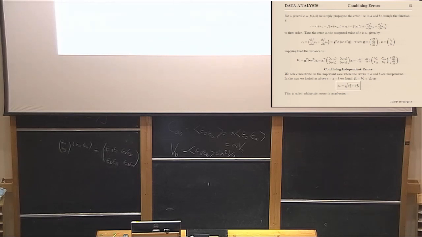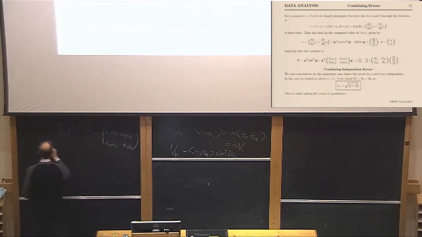Right, so now I'm going to leave coupled errors behind and concentrate on the much more common case where the errors are uncoupled. Okay? So if they're uncoupled, then these off-diagonal terms, the covariances, are 0. So what happens to that equation if the covariances are 0? So we get df dA, df dB on the left. We get VA 0, 0, VB, and then we get df dA, df dB. And if you just multiply that out,